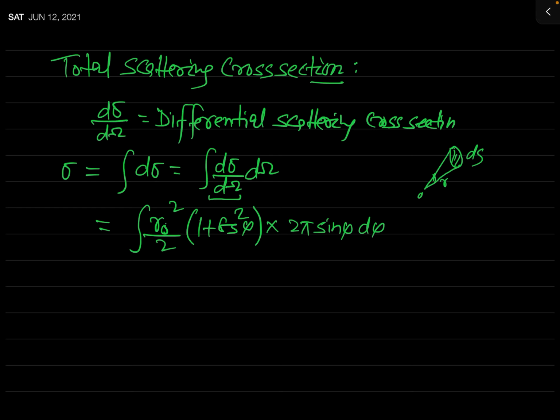This is dΩ. Now take the constant factor outside, so you can see this π r₀² will be outside of the integral. This 2 and this 2 will cancel out, and our result will be the integral